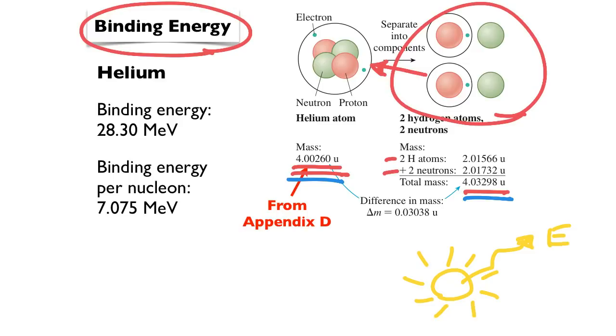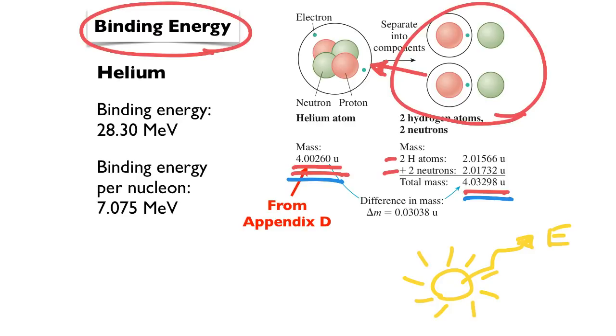Now, I want to do a quick calculation of the binding energy for different atoms, but I want to note we can compute how much binding energy there is, because this is my difference in mass, it's this, and I can convert that into mega electron volts. That's the amount of energy that is created when I form a helium, or it's the amount of energy that would be required if I wanted to bust up a nucleus of helium. That's how much it would require.